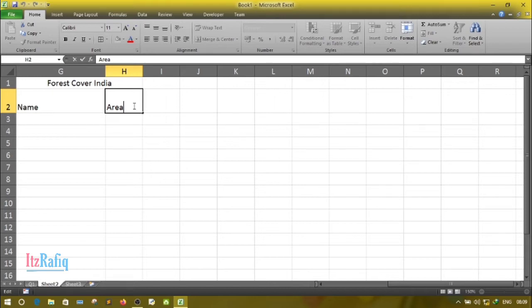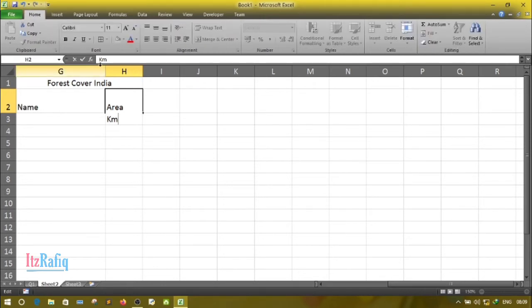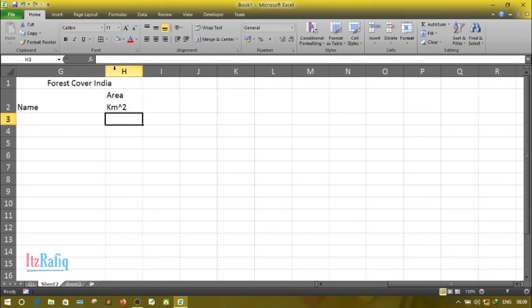We'll press Alt and Enter key together. Now here we'll write KM, then 2. Kilometer per square.